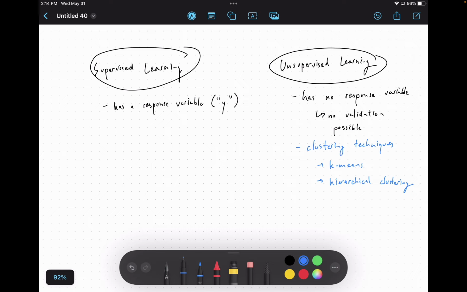Sorry, what did you say again? Nearest neighbor. So nearest neighbor may operate in a similar way qualitatively to k-means, but that's actually a supervised learning technique that we use for classification, and we'll get there in a bit. Okay, so we've got our clustering techniques, k-means, hierarchical clustering, and then there are other, well, actually,